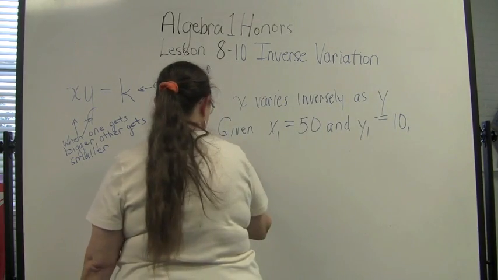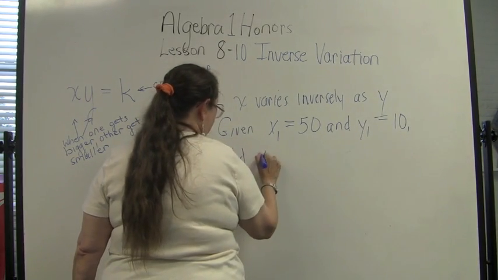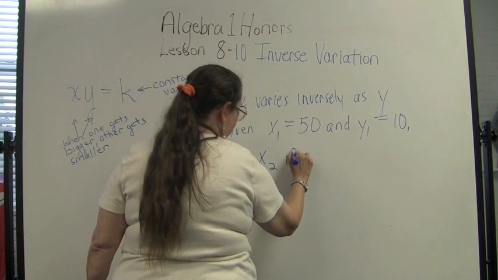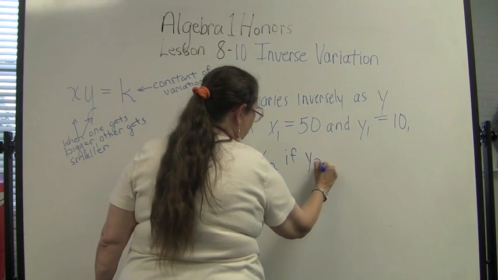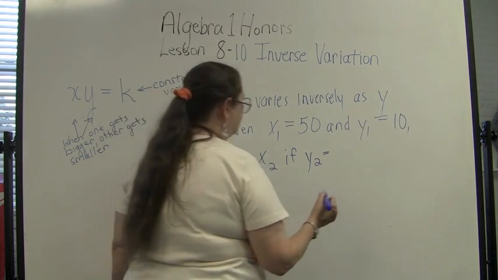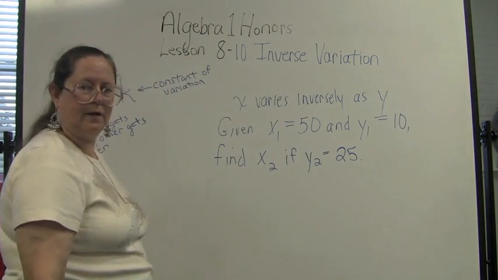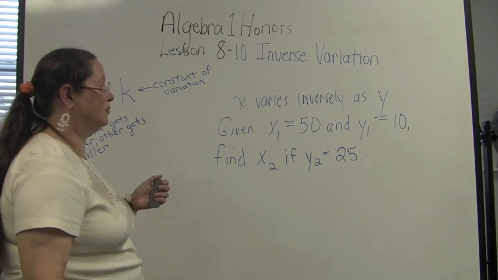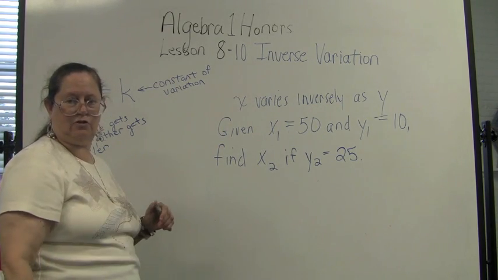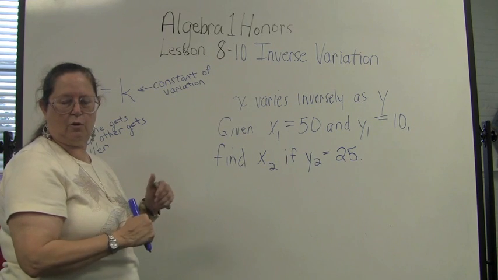Find X2 if Y2 equals 25. Okay? Now, what you have to remember is that in inverse variation, it's not the ratio that stays the